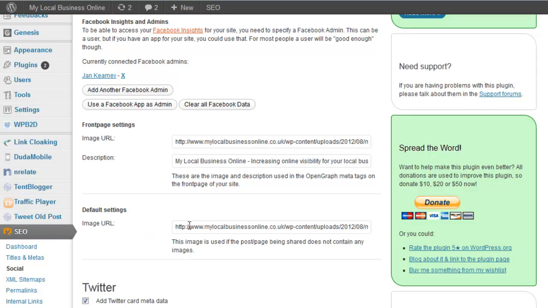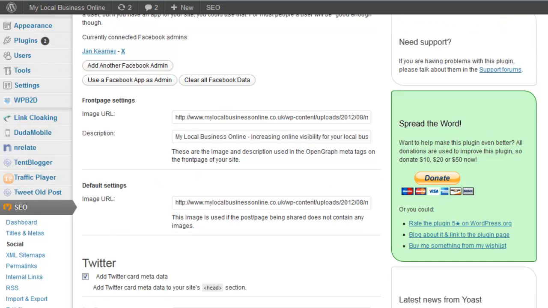And what this one does, these default images, is if you don't have a set image on your page, if you've not used any images at all, it will mean that when you share on Facebook and Google+, that this default image will be used. And in my case, I use my logo.